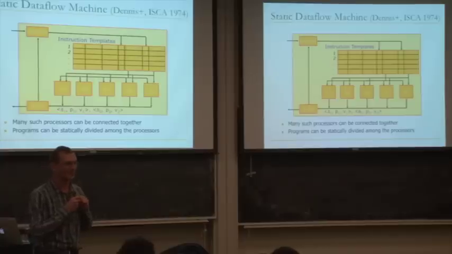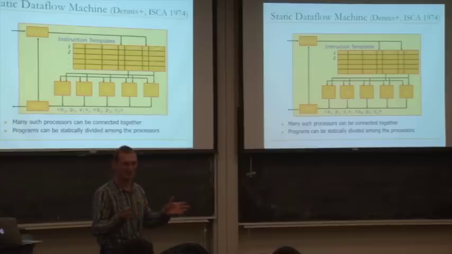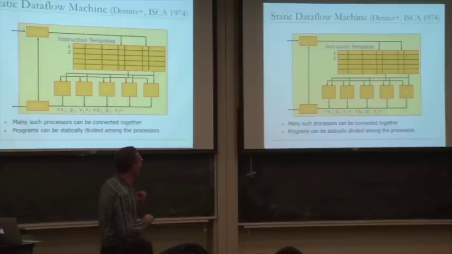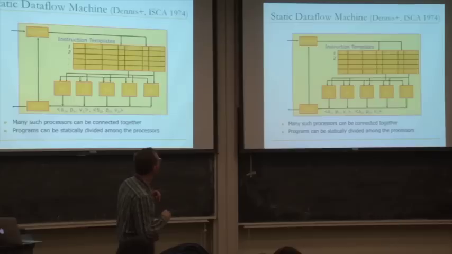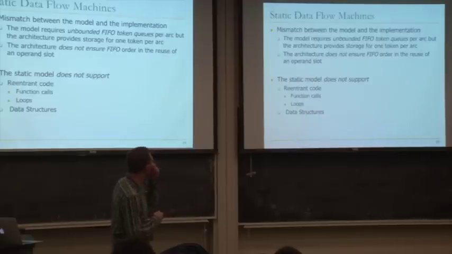Does that make sense? I mean, these concepts are probably simple to you right now because there's no machine like this today, right? But you can put the different iterations to different processors, assuming there is no communication, of course. And you can have different processors like this. OK. So that's static data flow. I think I'll skip this picture. We can get back to this.